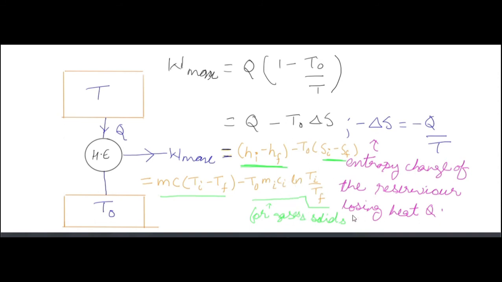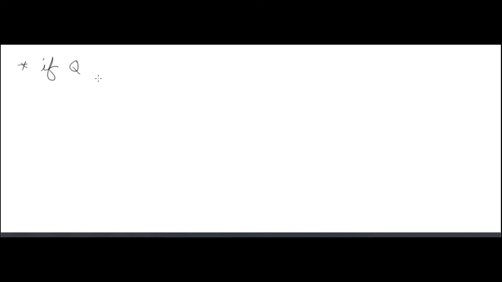Now the thing to consider is that it's Hi minus Hf and Si minus Sf, meaning initial value minus final value. Generally, change means delta S is equal to 2 minus 1, S2 minus S1, but in the available energy term we have 1 minus 2, meaning initial minus final. You have to consider it, because available energy is a positive value. It is the value that the system has in going from point 1 to 2.